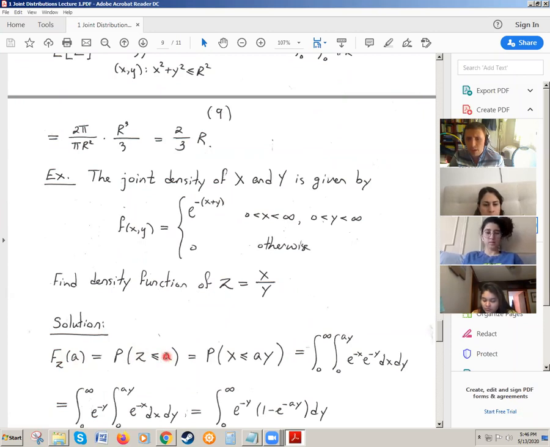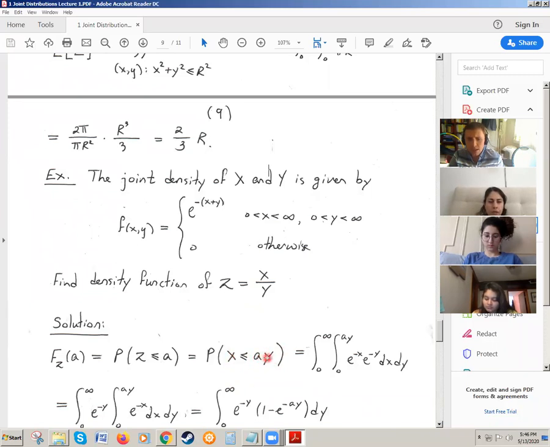to a. And that's the same as the probability that x over y is less than a, or x less than or equal to a times y, since both x and y are positive numbers, right? So inequalities don't change here. And then I just have to realize what sort of baking pan this is, where x is less than ay,